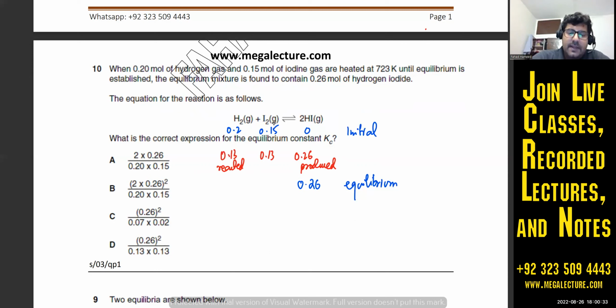So this must have reacted and this must have reacted as well. So what are your equilibrium moles now? Out of 0.15, 0.13 are gone, so you're left with 0.02. Out of 0.2, 0.13 are gone, so you're left with